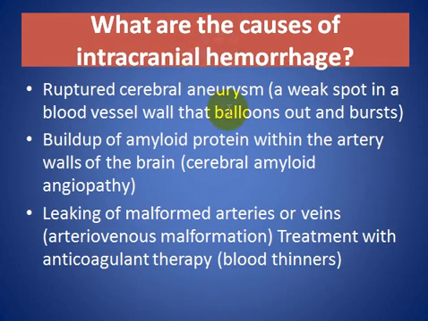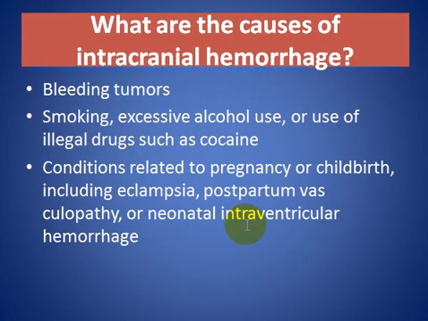Ruptured aneurysm is another cause, and amyloid angiopathy, and AVM, arteriovenous malformation, treatment with anticoagulant therapy, a bleeding tumor